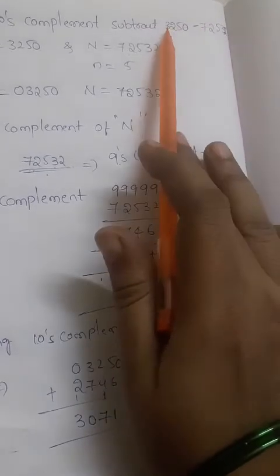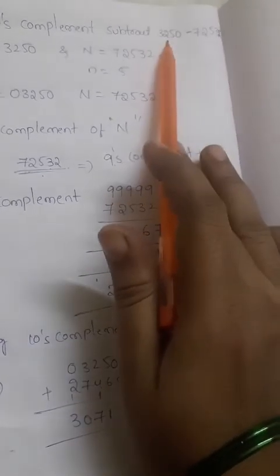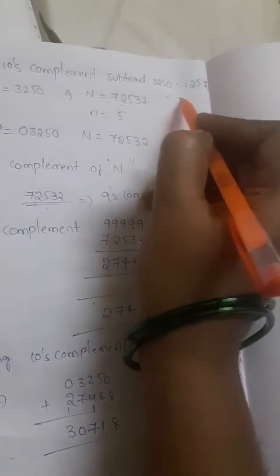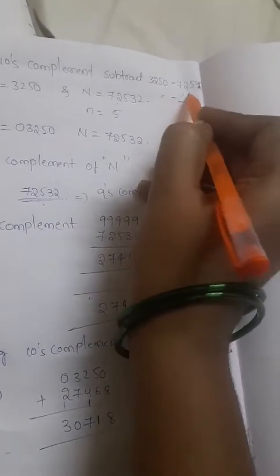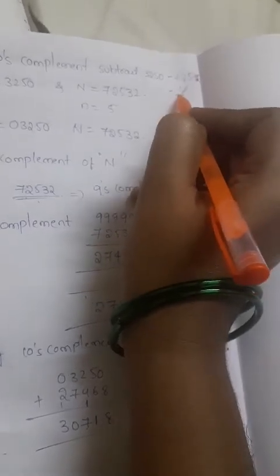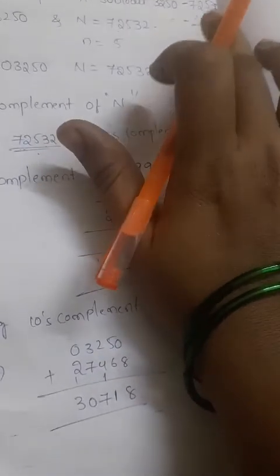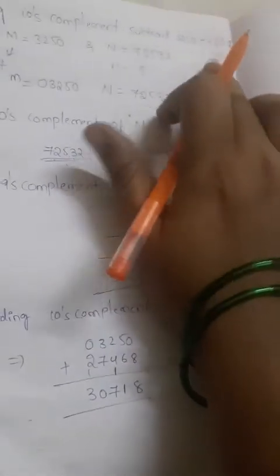This is a bigger number as compared to this number. So if you need to subtract these two numbers, what is the result? That result will compulsorily be negative, right? Whatever result we get must be a negative result. But for that purpose, if you need to get a negative result,